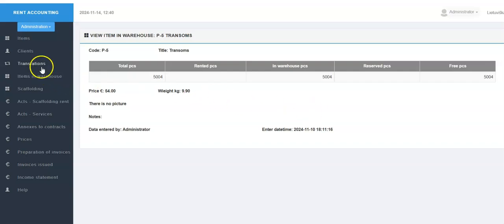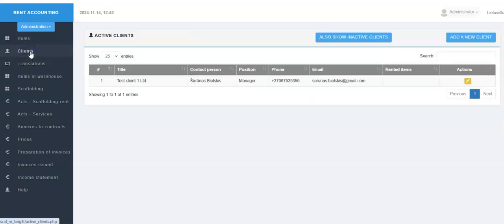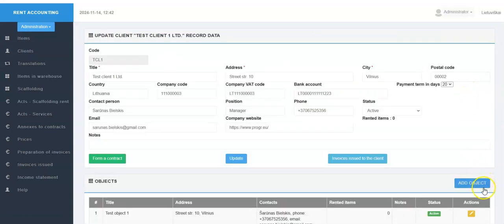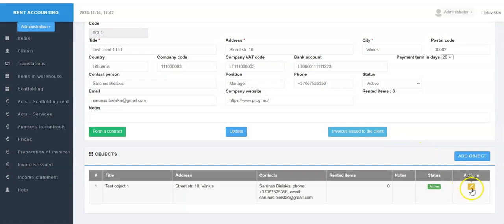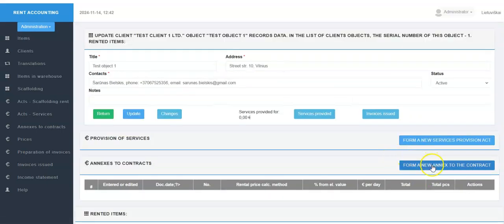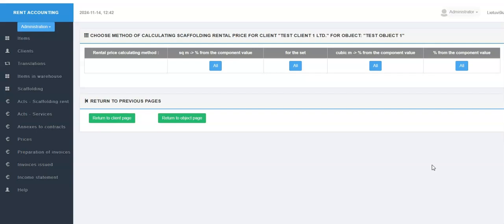Reservation of scaffolding components for the client object is carried out by pressing the button Form a new annex to the contract on the editing page of the client object.